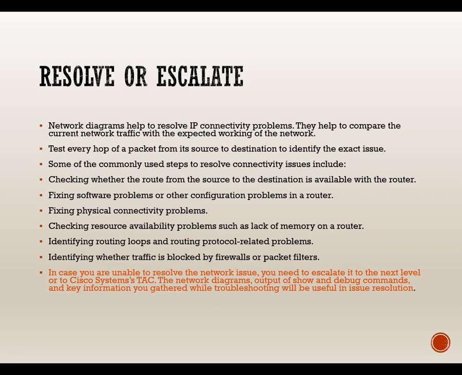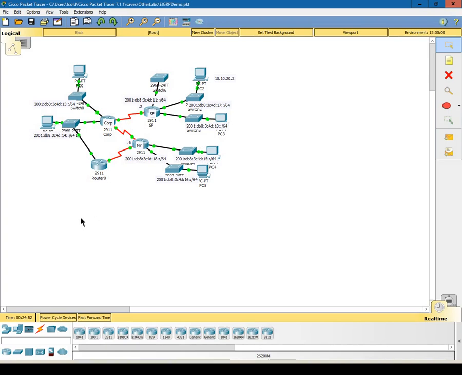So network diagrams help resolve IP connectivity problems and compare the current network traffic with the expected network traffic. Where did we expect it to go, and where is it actually going? Test every hop of the packet from its source to destination to identify the exact issue. One of the procedures that we would typically use with ping